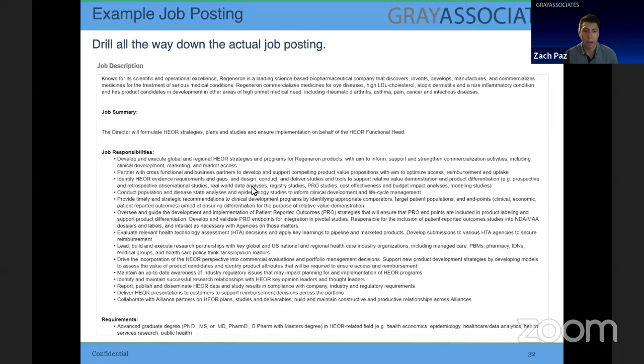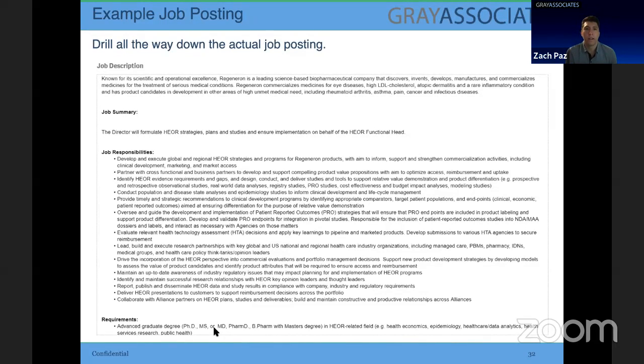First, identifying that epidemiology is listed in here, and you can see it, probably small, listed here. And then second, what are they actually looking for? What are they requiring? As I mentioned, you have an advanced graduate degree as a requirement, from master's to PhD. So that's where you get the multiple listings of award levels in one job posting. And then you also get all the skills that you're able to pull from this. So there's a lot of information that we're making readily available for our subscribers to our system.